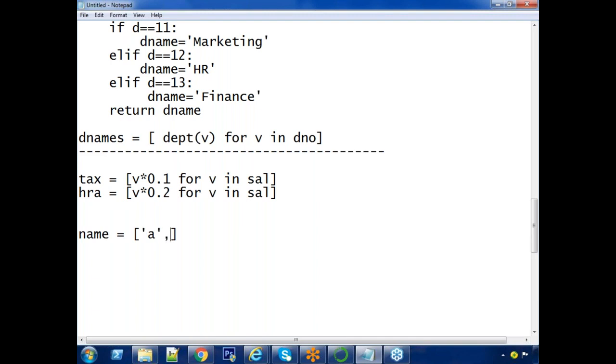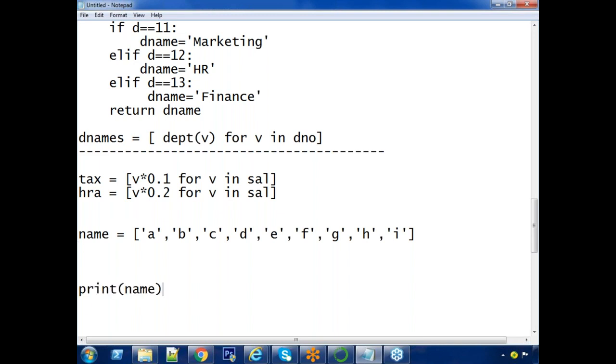First person is A, B, C, D, E, F, G, H. Total how many? 8. I think that 8 names are here. Just for testing,